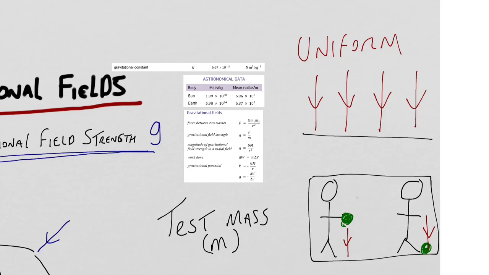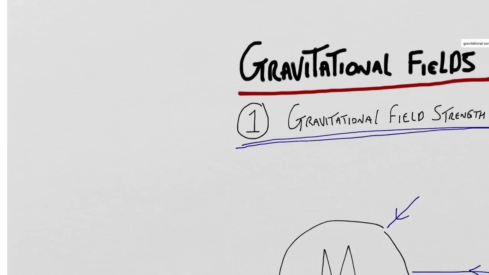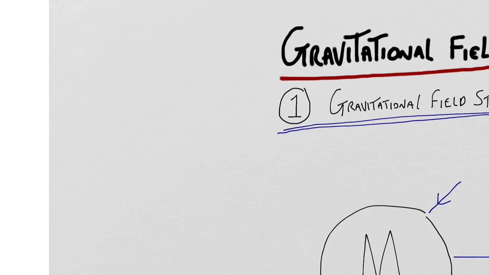Okay, the last thing we want to think about is some stuff we pretty much already know, but we'll just remind ourselves from GCSE. If I take an object of a little mass m, somewhere in the vicinity of the Earth, which is the big mass, and I let go of it, it will accelerate towards the ground. This is GCSE level stuff, but we'll just make sure we get our heads around it.